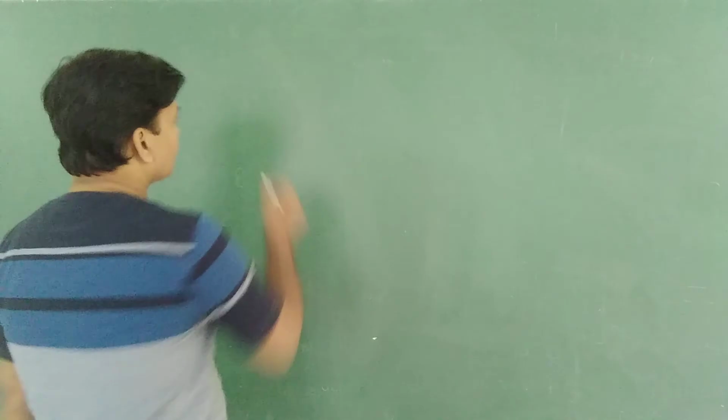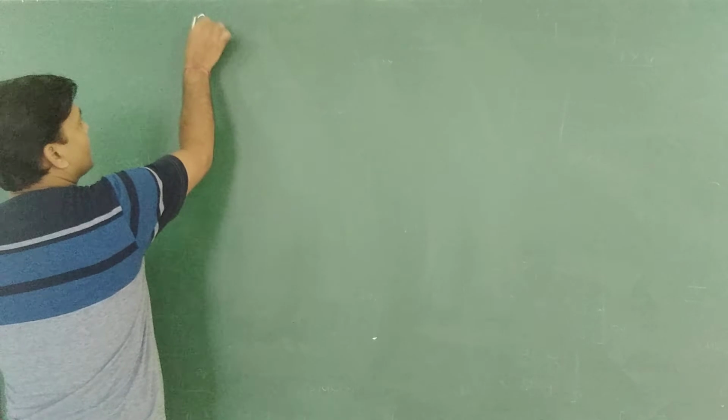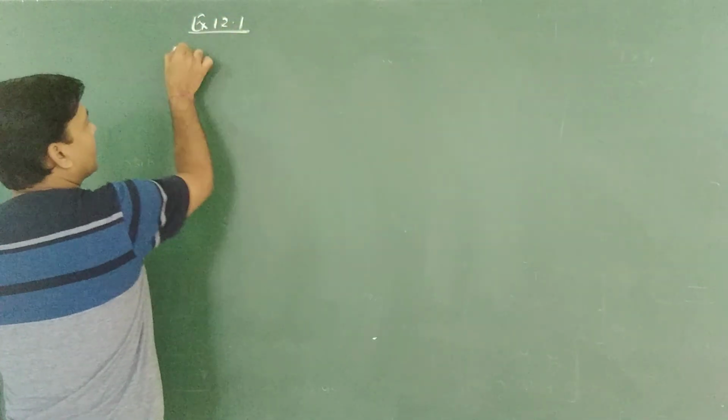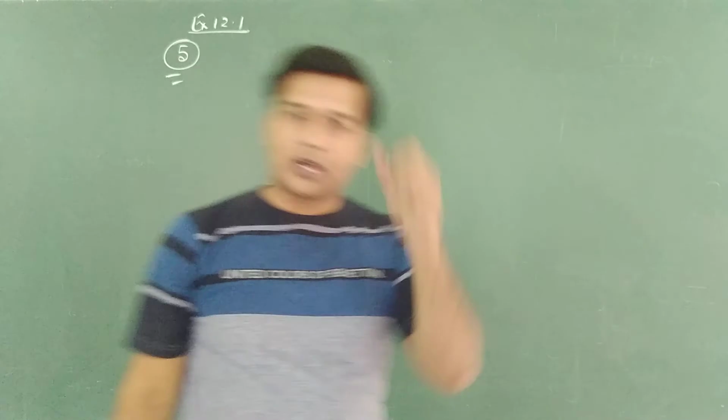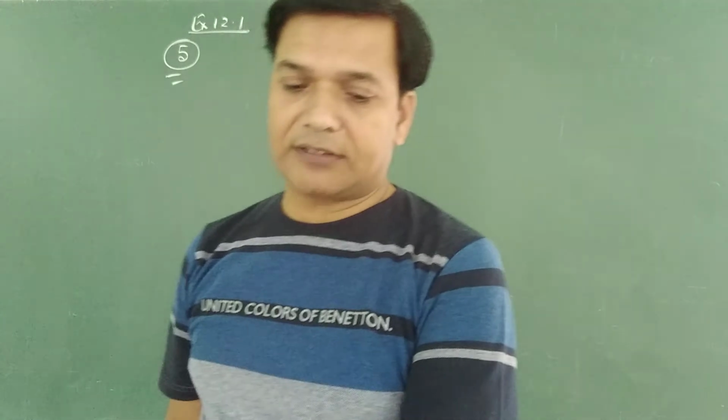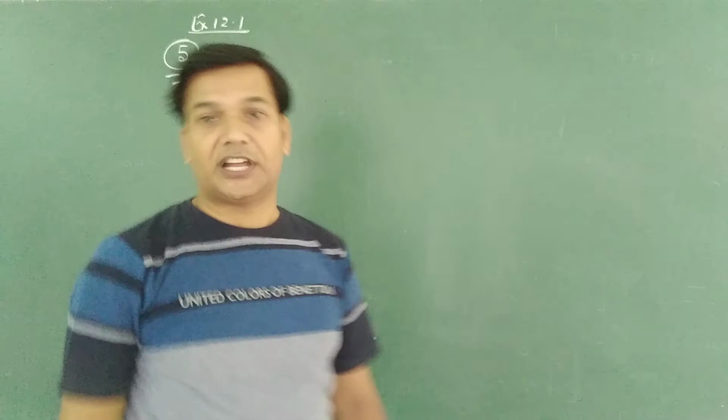Today we are going to discuss two more problems related to exercise 12.1. Exercise 12.1, question number 5 first. Very short answer question. In this, we have that the perimeter and the area of a circle are numerically equal. It means